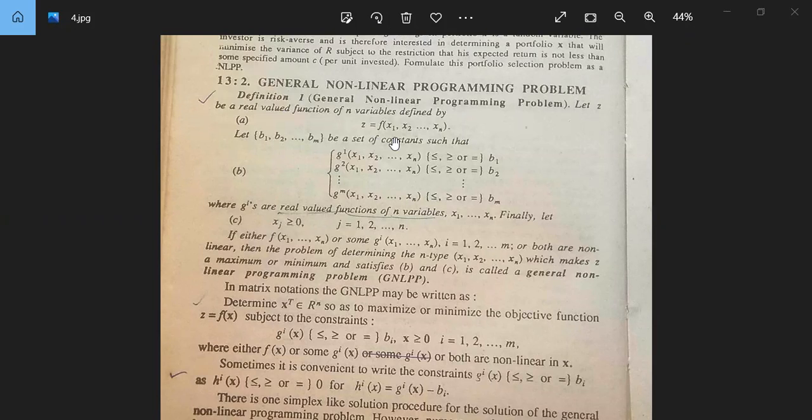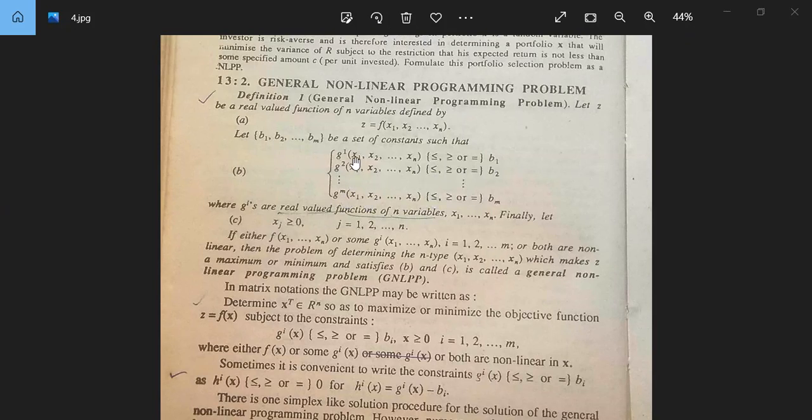n वेरिएबल्स का रियल वैल्यूड फंक्शन है एंड डिफाइंड बाय z is equal to f(x1, x2, so on xn). ये a हो गया। And let b1, b2, so on bm be a set of constants such that g1(x1, x2, so on xn) less than or equal to, greater than or equal to, or equal to b1। फिर g2(x1, x2, so on xn) less than or equal to, greater than or equal to, or equal to b2 and so on gm(x1, x2, so on xn) less than or equal to, greater than or equal to, or equal to bm।